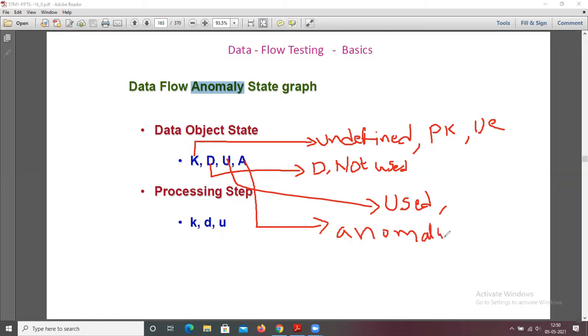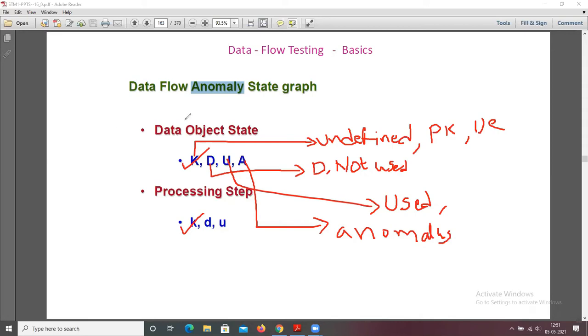The object states are denoted by capital letters, and the processing steps are k, d, u in small letters. We indicate the processing steps with small k, d, u, and the state of the data object with capital letters.